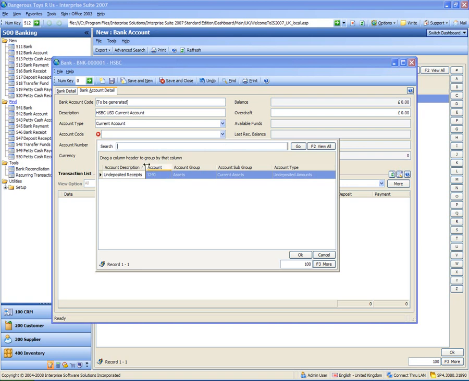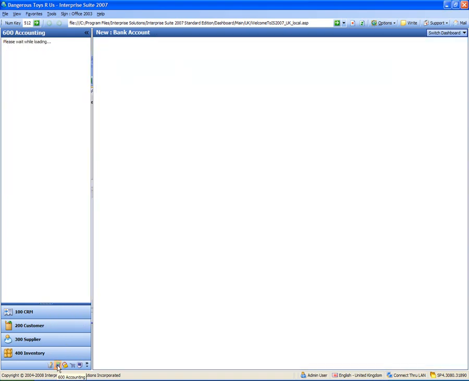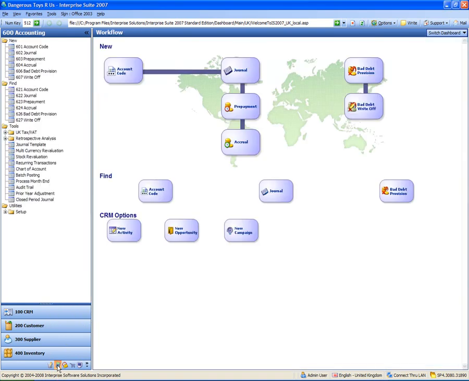If I click the down arrow there, it only shows nominal codes that are marked as being bank nominals that aren't already assigned to other accounts. So at the moment we've only got an undeposited receipts nominal, which isn't the one I want. So what I'm now going to do is go back to the previous step in the manual and create that nominal code. I'm going to leave that screen open anyway, and I'm going to go into the accounting module, and I'm going to go to new account code,